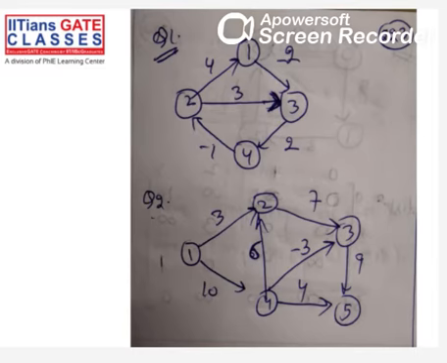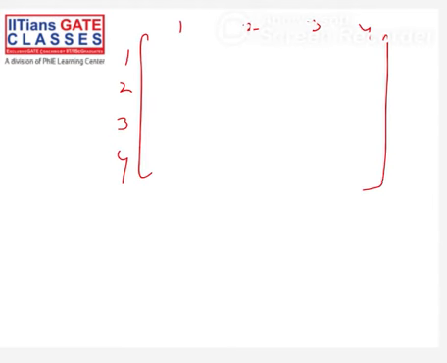Guys, meanwhile you complete, let me just also at least draw the first. Initial matrix is: 1 to 2 is not there.